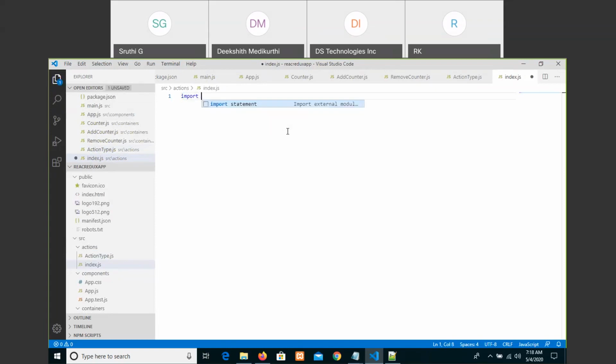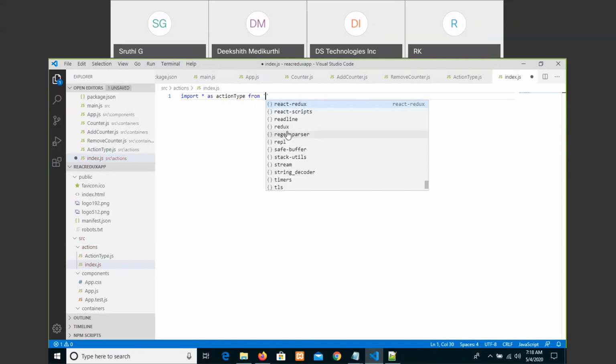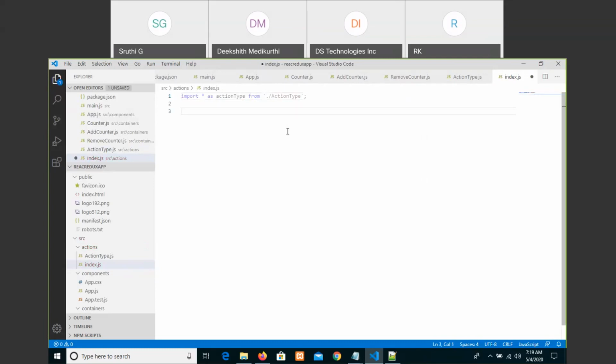The combination of this, either add or remove, you are just setting into the index page. So in the index file, you can say import everything as actionType from the given file, which is actionType. Now, export